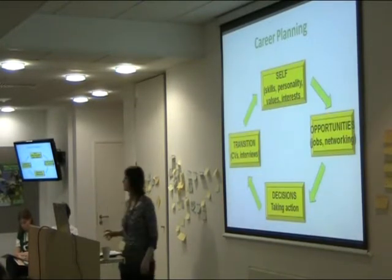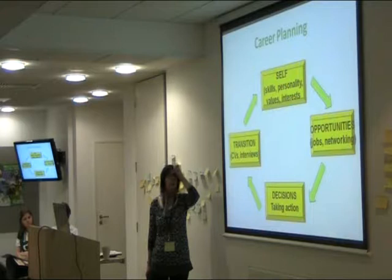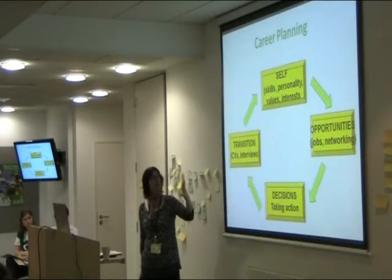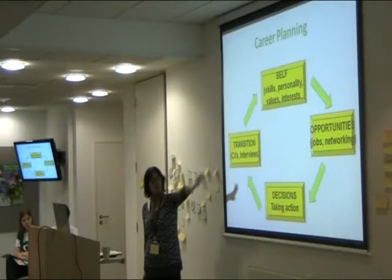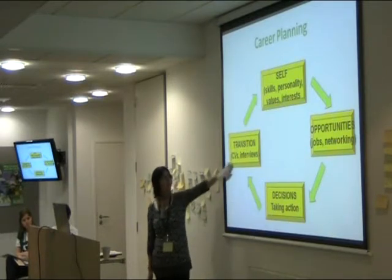so the career planning process, this is a very much simplified version of a model, or models that people use for career planning. So there's four areas. There's the self-awareness, knowing yourself and understanding the kind of person that you are. Opportunities, which kind of includes jobs and networking, and then taking decisions and taking action, and then here you've got